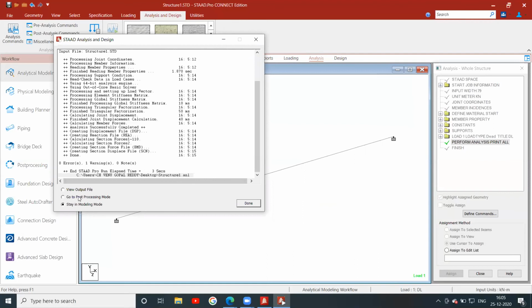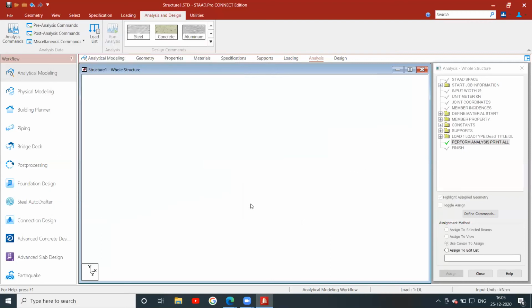You can see here, analysis has completed. You can see the output also. Select view output. You can see the output.